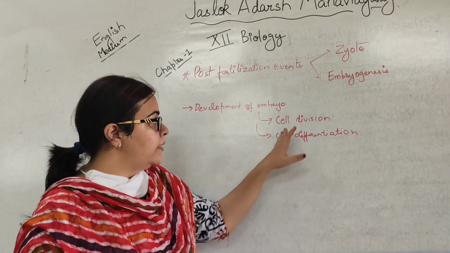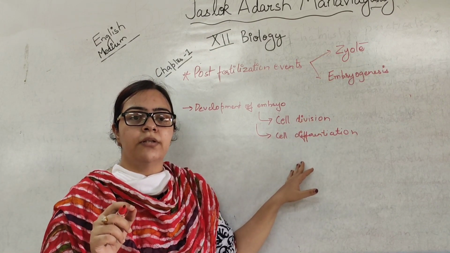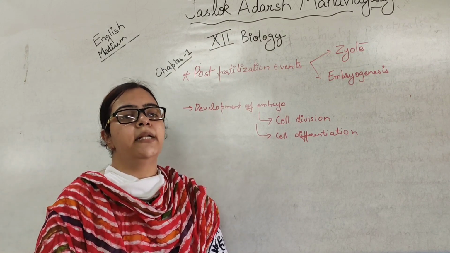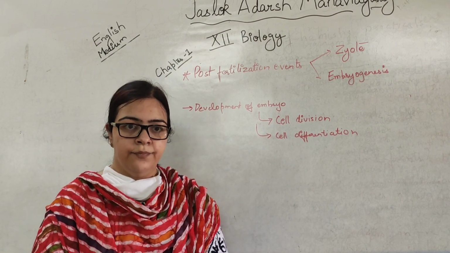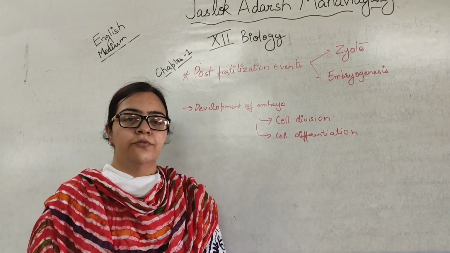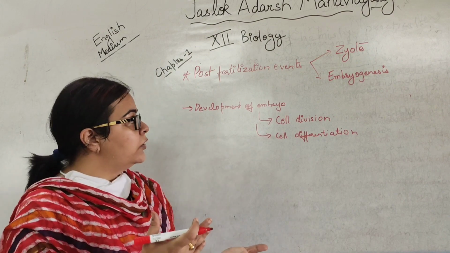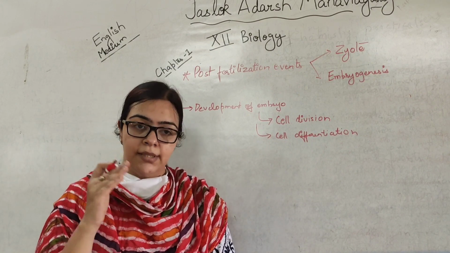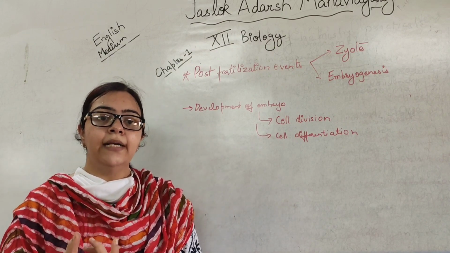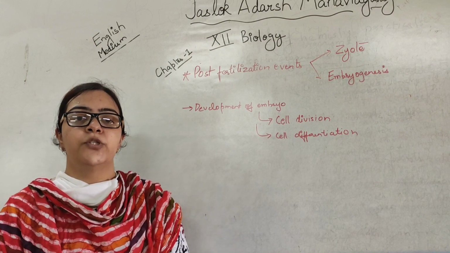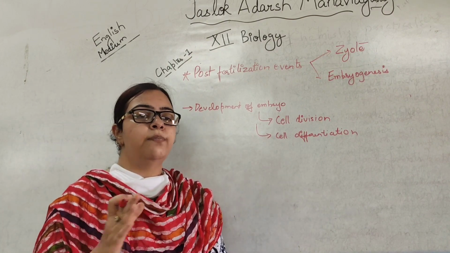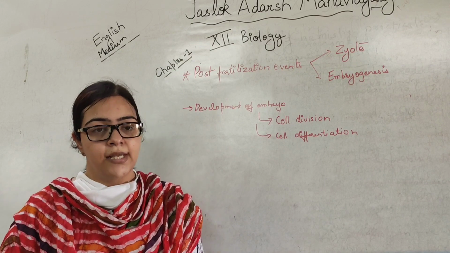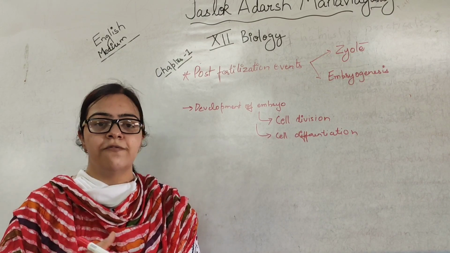These events, I repeat, cell division and cell differentiation, proceed according to the genetic information contained in the zygote and ultimately lead to the formation of mature animals. When we talk about the overall structure of a dog, the formation of an embryo of a dog from a zygote will be because of the chromosome numbers which are present in the dog. So the genetic information contained in the zygote is very important, which will lead to the mature animal of that particular species. How amazing it is that from one fertilized zygote cell, the fusion of male and female gamete,